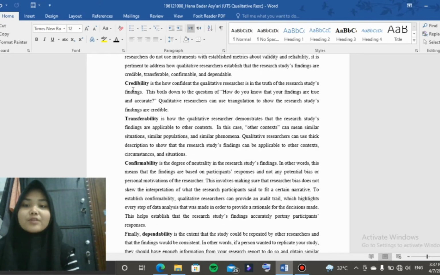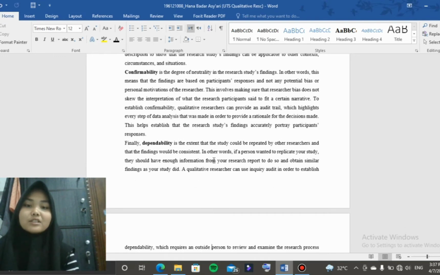The first one is credibility. It's how confident the qualitative researcher is in the truth of the research study's findings. The second is transferability. It's how the qualitative research demonstrates that the research study's findings are applicable to other contexts. And the third one is confirmability. It's the degree of neutrality in the research study's findings. In other words, this means that the findings are based on participants' responses and not any potential bias or personal